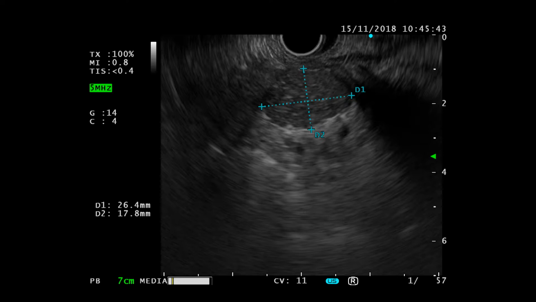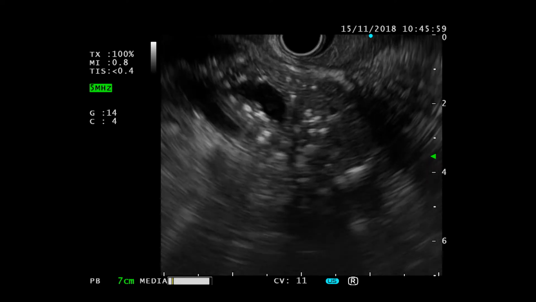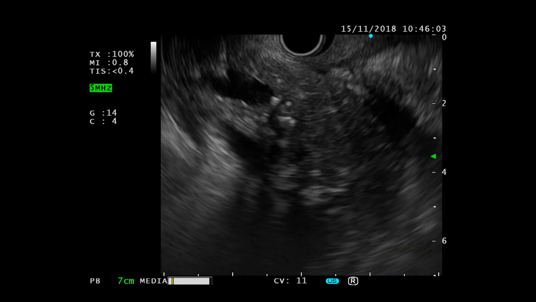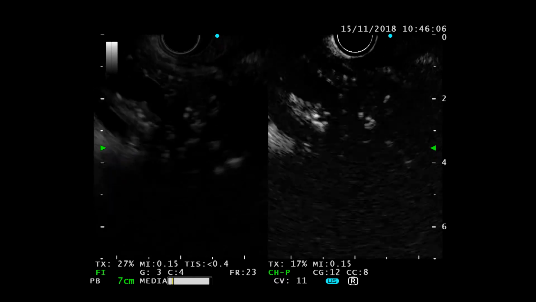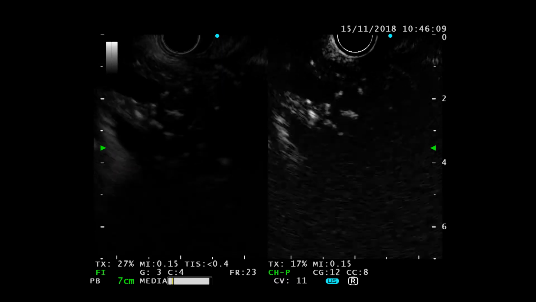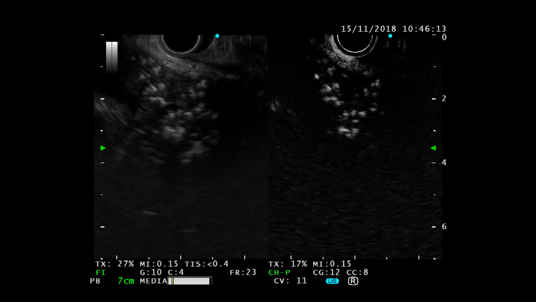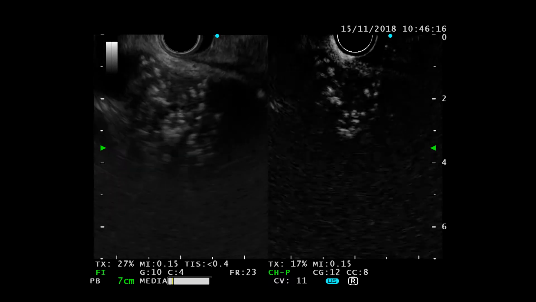Again, I think there's a couple of meta-analyses recently highlighting the importance of ROSE. I think we used to have ROSE. We didn't show a lot of difference. There are other centers who have shown a difference. When you're taking a core biopsy, it's very difficult for the pathologist to give an answer straight away unless they actually do a frozen section. In fact, we do have a pathologist in the audience who might be able to